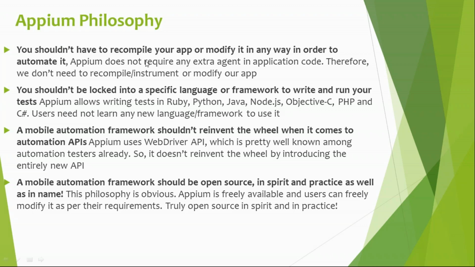For Android, that is so. For iOS, partial recompilation is still required with APM, guys. There will be a lot of changes between iOS and Android. I'll keep stressing where the changes will be. For iOS, you will be required to recompile your applications, meaning you need to remove the developer certificates and add your own, because iOS is a bit tricky. Suppose out of 100 things, in Android you are able to do 90, but in iOS you will be able to do only 40 to 50. That's the difference between iOS and Android, guys.